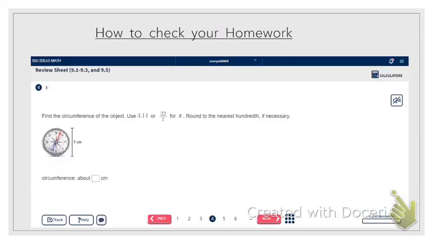There was a feature that I talked about in last week's online learning video about how to check your homework. Please remember to really utilize these buttons down here. This number will check it before you even submit it. It gives you 3 chances to check to see if you have the right answer. If you still don't understand it, please press this button. It will help you and reteach you the concept to make sure that you understand how to do that problem.